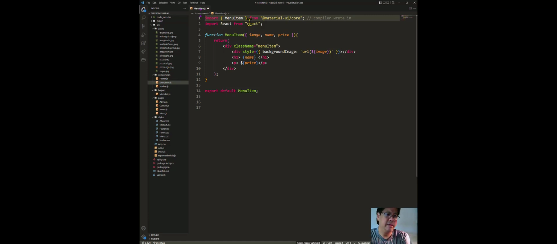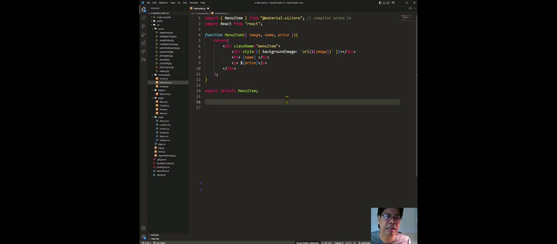I don't know why it pulled in the menu item from the material UI with it. That's very unusual to have that bringing in. Maybe I'm naming this the same file name, same function that's inside of the material UI, the user interface core. I don't know, but other than that, I don't know what harm it could do. We'll see. So this is the menu item .js right here, and if you could save it for me,